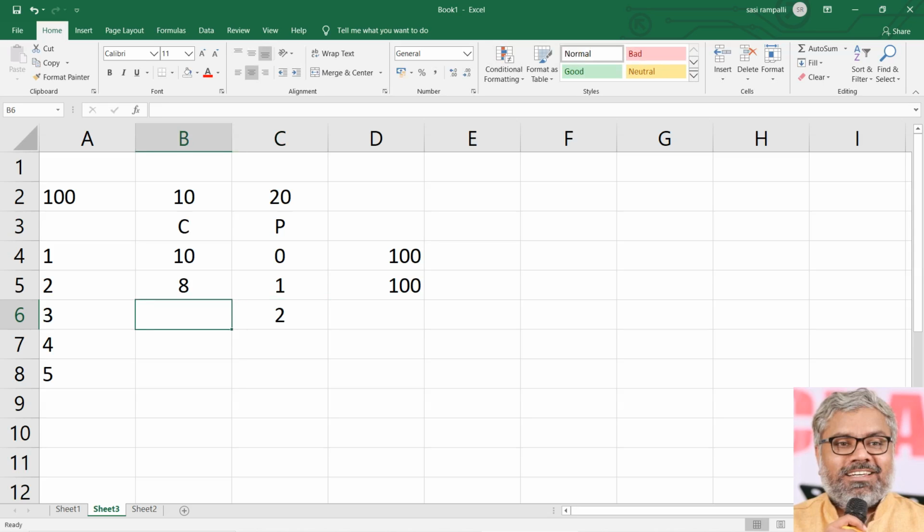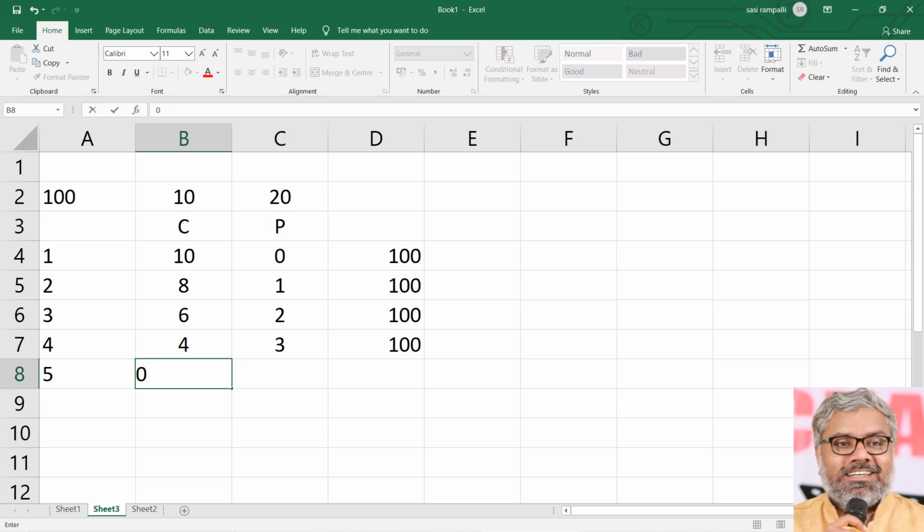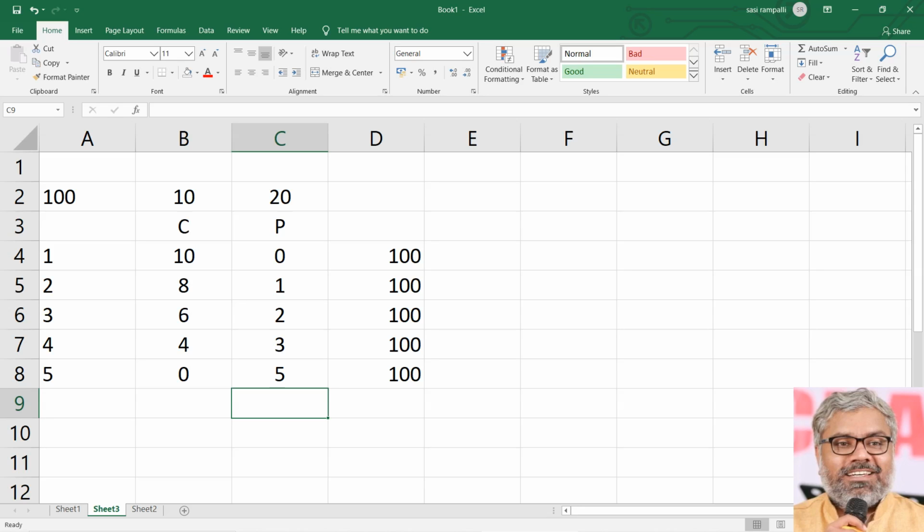Or you can take reverse way, 2 pens and 6 chocolates. Still the total spent is 100. Say 3 pens means you can have only 4 chocolates. That means this is still within the total budget of 100. Let us take 0 chocolates just for understanding. Then you can have 5 pens, right? So these are the different combinations that are quite possible.